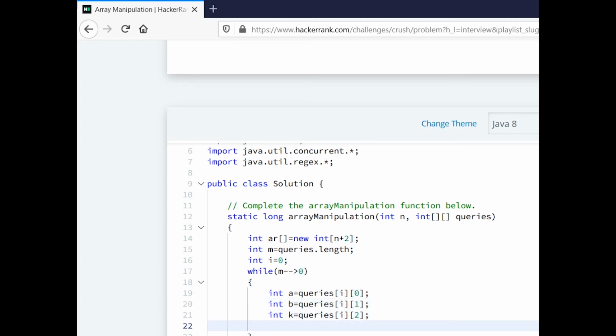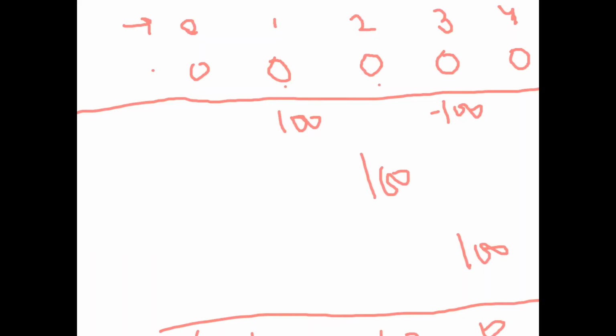Now what we are going to do is update the array. At array of a I am putting k, and at array b plus 1 I would be putting minus k. Actually, array a is equal to array a plus this value.